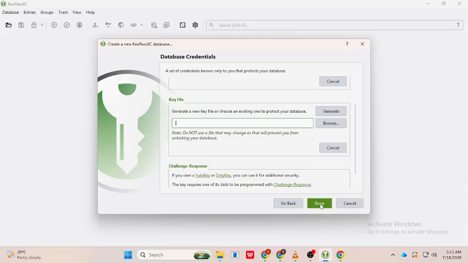Once your database is created and protected with a strong master password, you can safely begin adding and organizing your